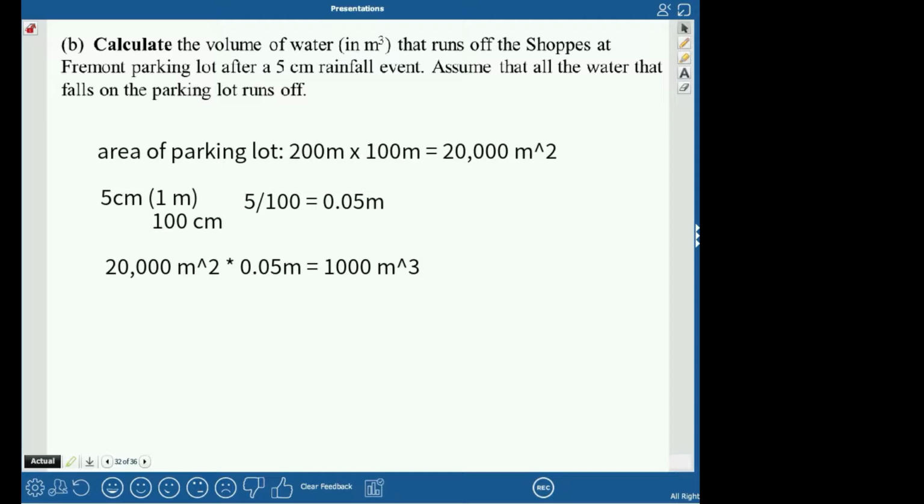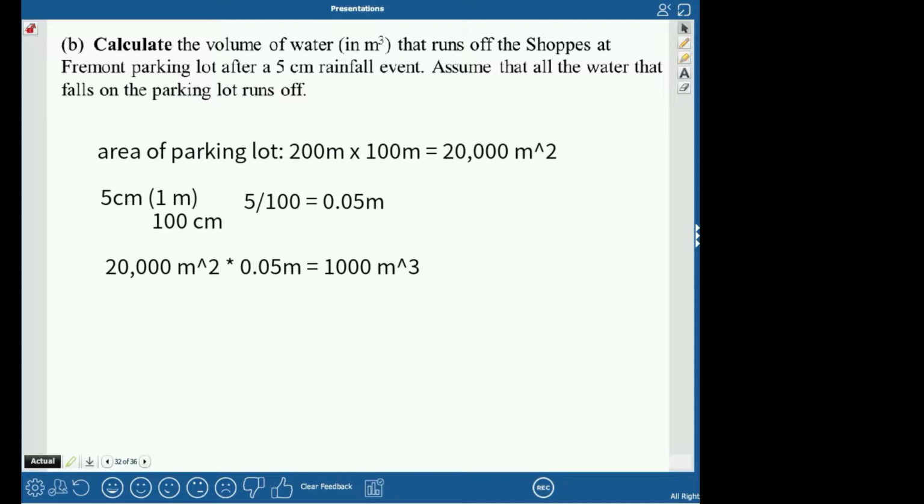And the good thing about not having a calculator, at least this is what I try and tell myself, is that they're going to give you numbers that are easy to work with. So you see how they showed it was 200 by 100. If they didn't give you a calculator, they would have done like 256 by 123 or something like that. But since you're not allowed to use a calculator, they give you numbers that at least work kind of easily together. But yeah, no, you don't get a calculator, which sucks. I don't know a better way to say it.